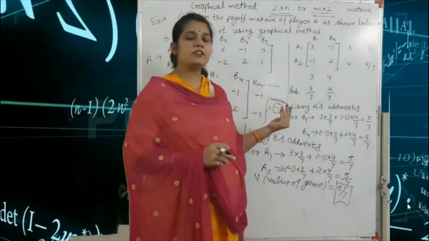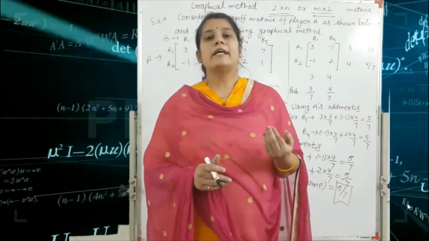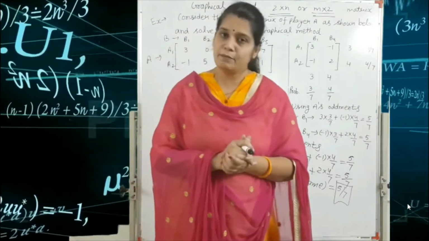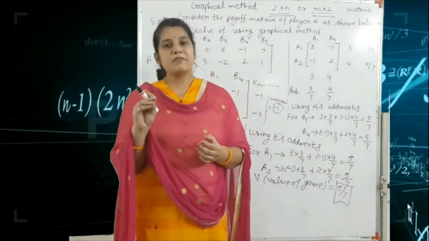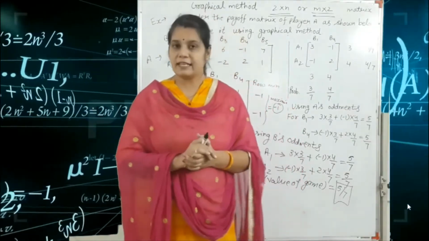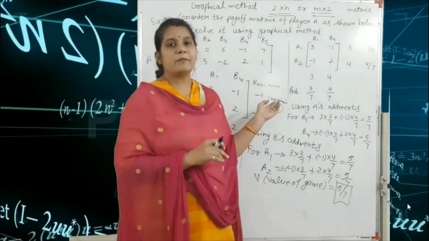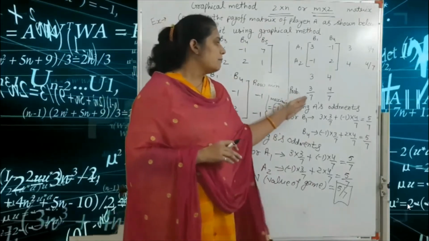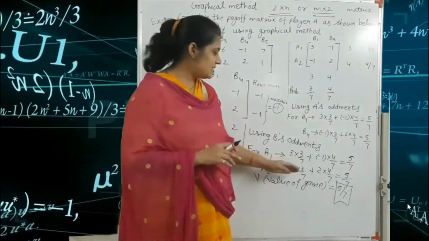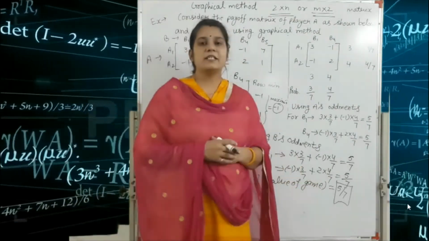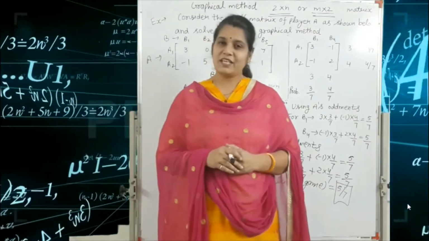After that, if your question depends on the pure strategy, that means we get the saddle point. So your value of game is equal to your saddle point. Saddle point means the maximin value is equal to the minimax value. So this value is your value of game and this is your final answer. But in case your maximin value is not equal to minimax value, then we use the method of oddments. Okay, so this is the final answer with the help of the graphical method, value of game is equal to 5 by 7. Okay, so thank you for watching this video.